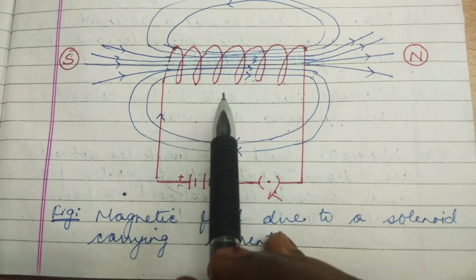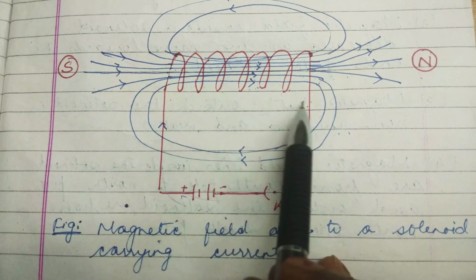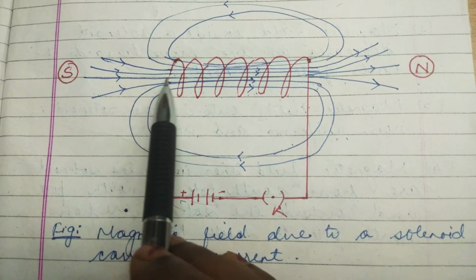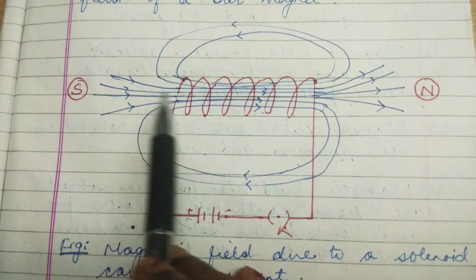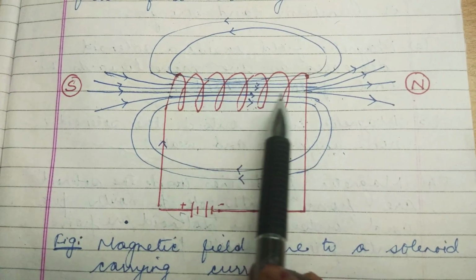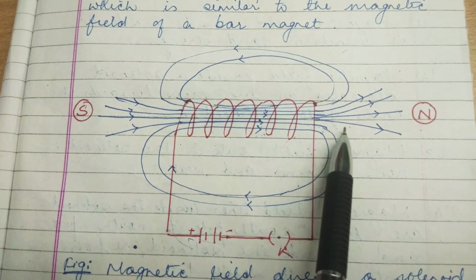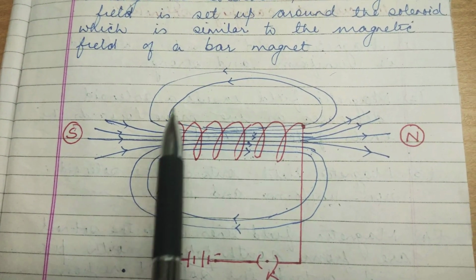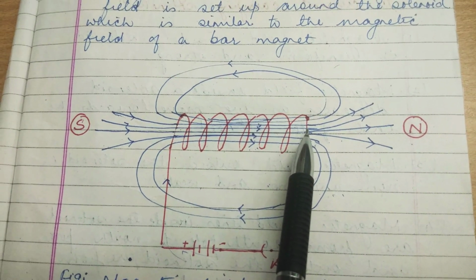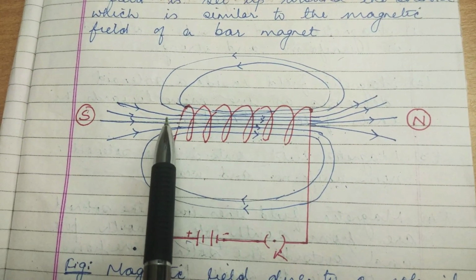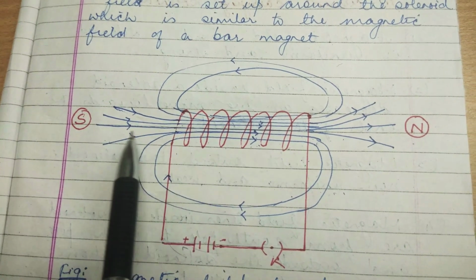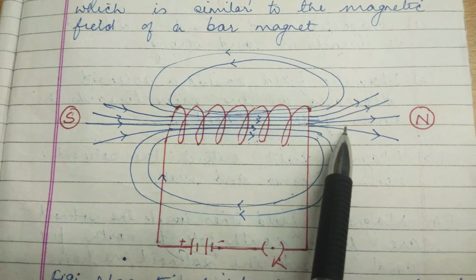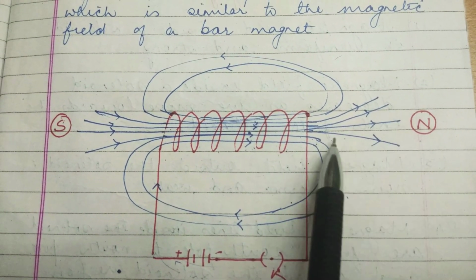Now, what are the characteristics of magnetic field due to a current carrying solenoid? You can see from the figure that the magnetic field inside a long solenoid is uniform, that is, same at all points, and is strong. Magnetic field outside the solenoid is non-uniform and weak. The magnetic field inside the long solenoid decreases as we move towards the ends, because the magnetic field lines near the ends of the solenoid start spreading out.